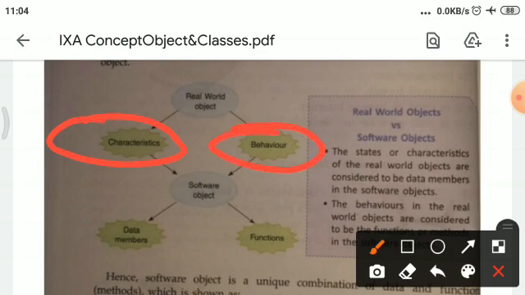But if the characteristics of the real world object refer to the data members in your Java program, and the behavior of the real world object refers to the member functions, then a real world object can be referred to as a software object.